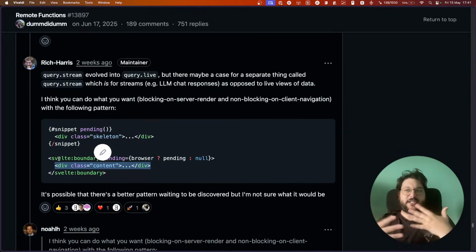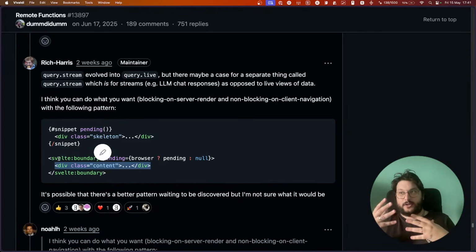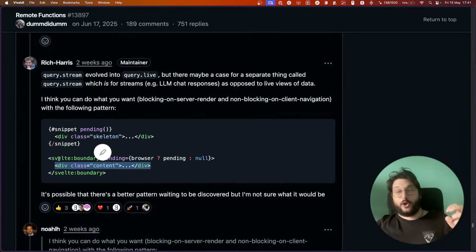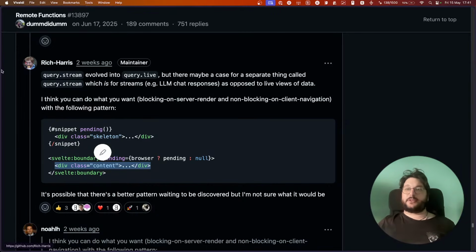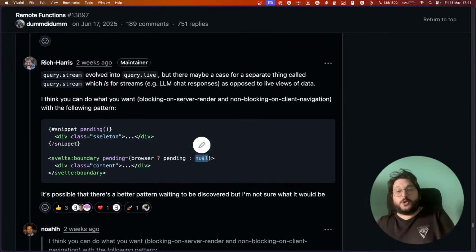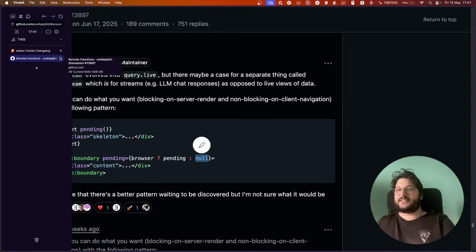So this is a pattern that you can use if you want to server-side render something, but also, when JavaScript is enabled and you know that, you can quickly load the page with a loading spinner and then load the data. So it's an interesting pattern. However, Rich wrote it with null, and technically you could not add null as a typing, and now you can. So that's nice.